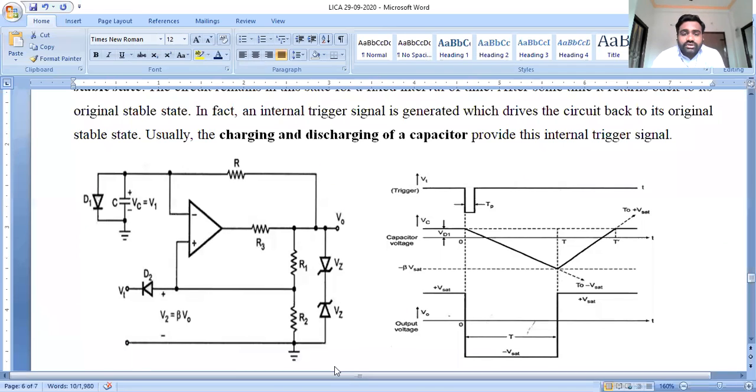So how does the circuit operate? We are saying that the monostable multivibrator is a one shot multivibrator. Its operation depends upon the external triggering circuit. The stability of the multivibrator will depend on it. That means it is an external triggering circuit. We are using an external circuit here to produce a negative shot voltage.